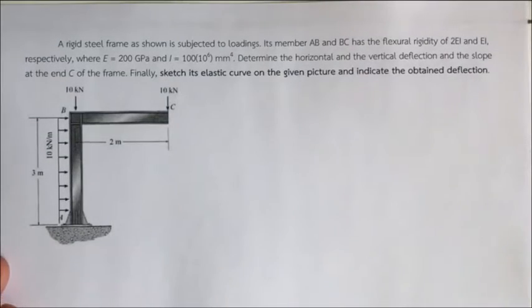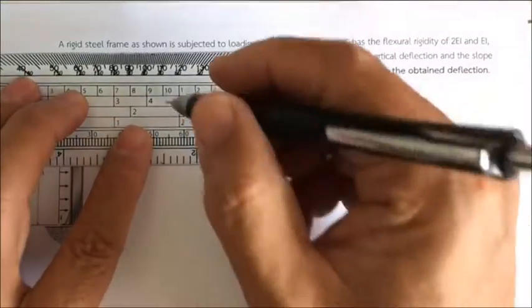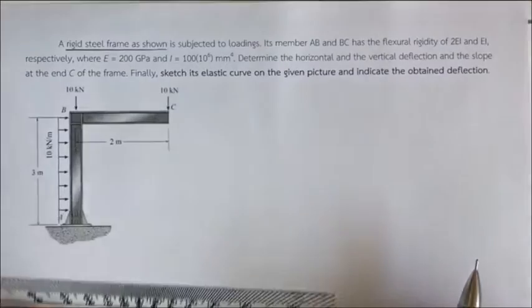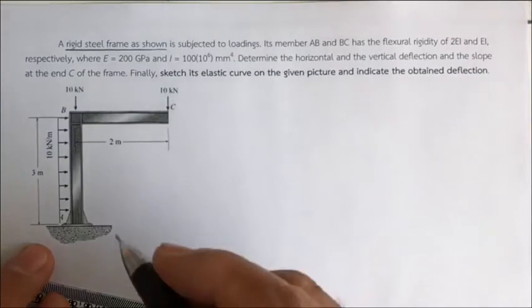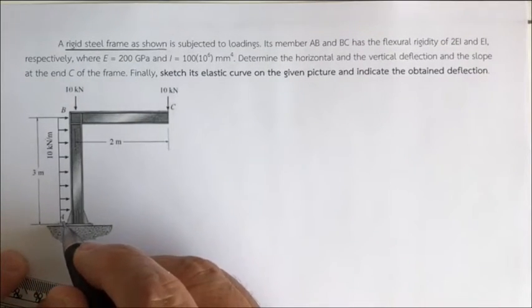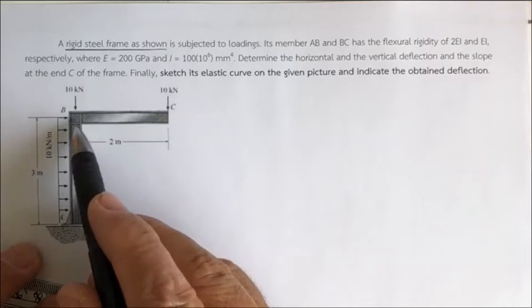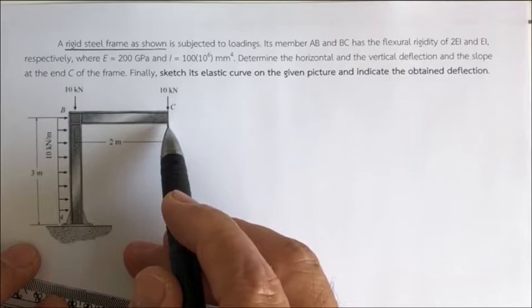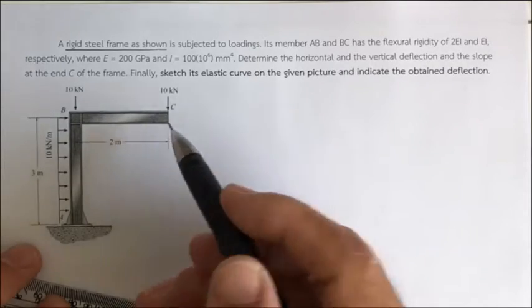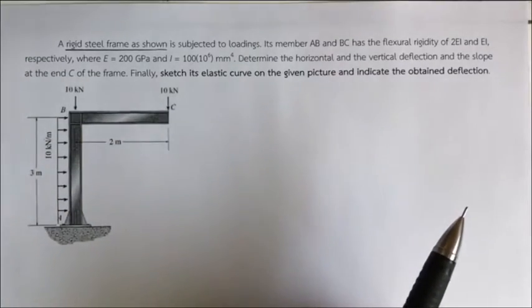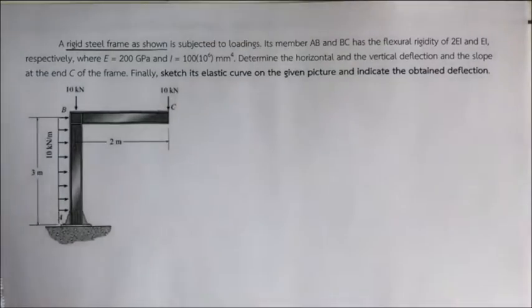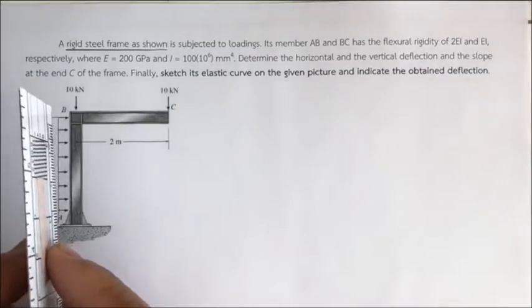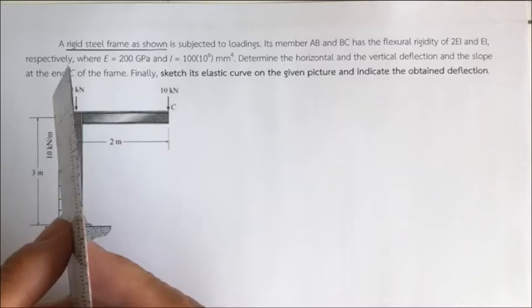And now we are going to study the analysis of a rigid frame as shown here. This frame has a rigid support at A, a rigid joint at B, and a free end at C. Under the hypothesis, you may imagine that since A is fixed, when the frame is subjected to the load,